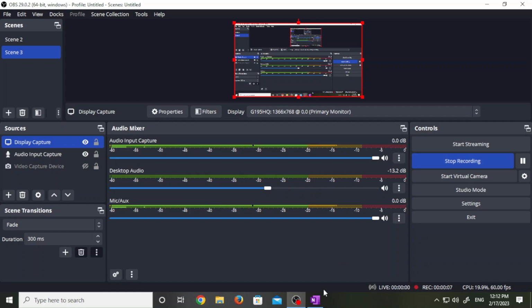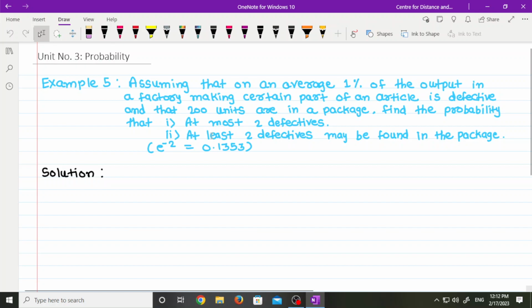Today we are going to learn examples of Poisson distribution, that is example number 5. Assuming that on an average 1% of the output in a factory making certain part of an article is defective and that 200 units are in a package. Find the probability that first, at most 2 defectives, second, at least 2 defectives may be found in the package, and also here given that e raised to minus 2 is equal to